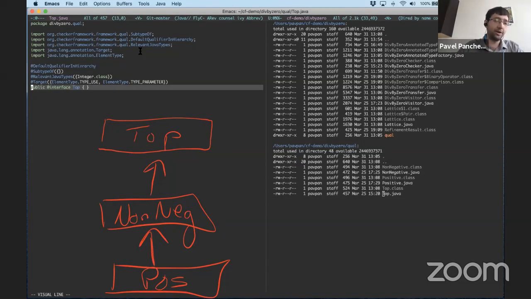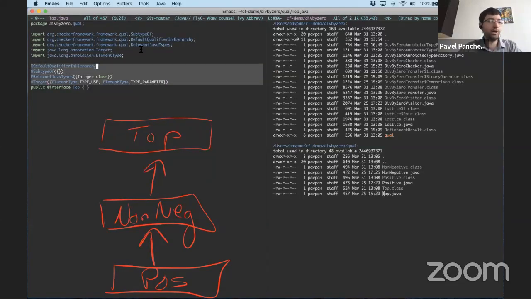You can see that it is actually a class that contains no members at all. But it does have a lot of these meta annotations, which the checker framework uses for a lot of sort of magic by default. So you can see that I've annotated it as the default qualifier in the hierarchy. I've said that it is not a subtype of anything. I've said that it can be applied to integers, and that it in particular is going to be useful anytime we use a type, as in when we declare a type, or when we have a type parameter.